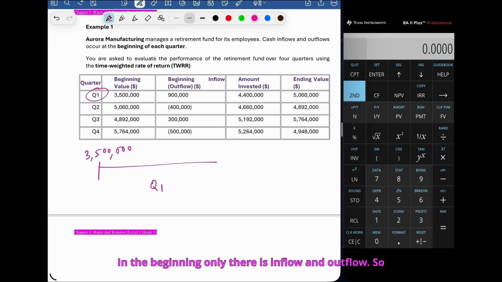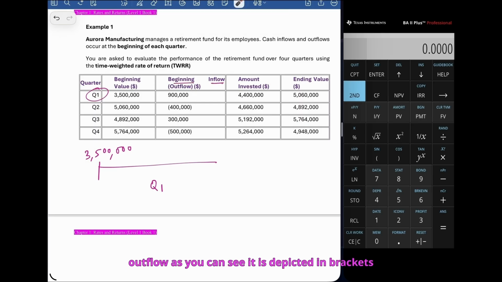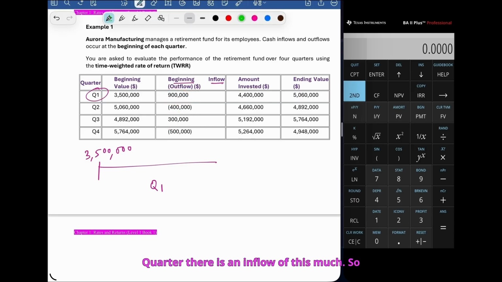Beginning, the value is something like this. And in the beginning only, there is inflow and outflow. Outflow, as you can see, is depicted in brackets. So wherever there is brackets, there is an outflow of fund. If it is not in brackets, it is an inflow of fund. So you see that in the first quarter, there is an inflow of this much. And then by the end,